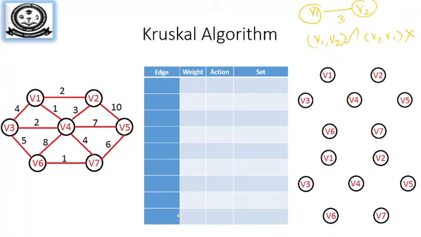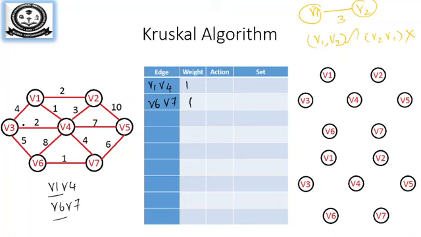So let us write the edges. We will start with the minimum weight. The minimum weight you can see is 1. So you have two pairs. The first pair is V1, V4. The second pair is V6, V7. You will write in ascending order. Taking the first one, V1, V4 comes first. So I have written V1, V4, V6, V7. Its weight is also 1.